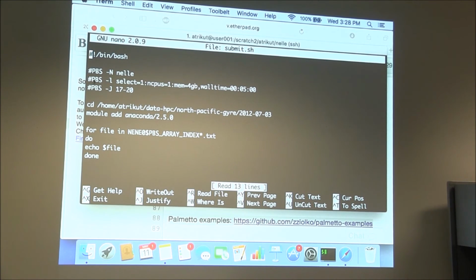So you need to change this submit script now, not just to echo or print the file name, but to run the analysis on that file. Does that make sense? So the loop now needs to run the analysis on the file. Remember, to run an analysis on the file, you had to do python space stats.py space the input to that script stats.py. Okay. And I realize that's a mouthful, so I'll come around and help you out if you have any questions. So raise your hand or put up